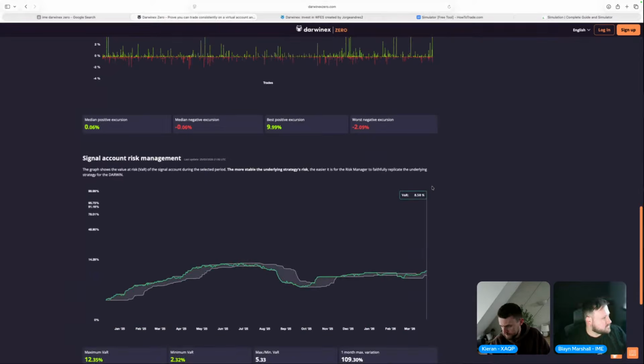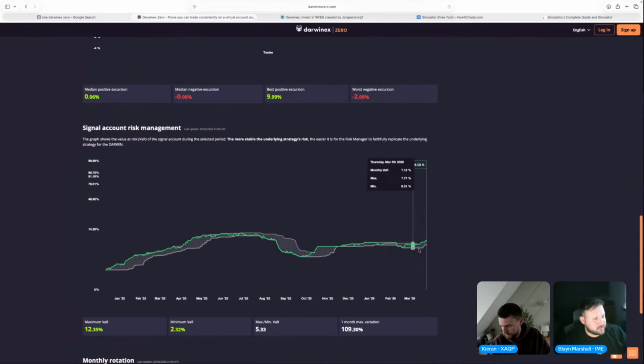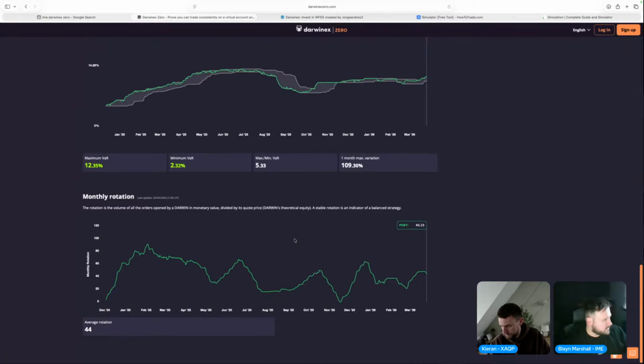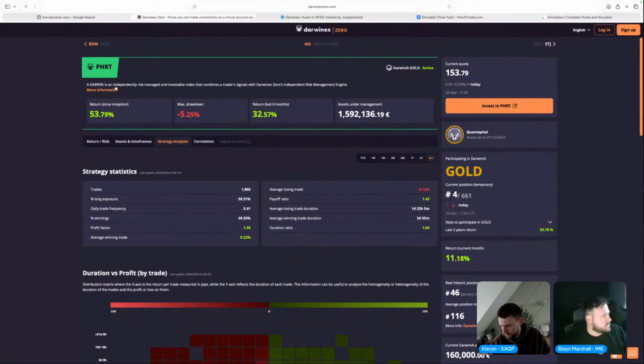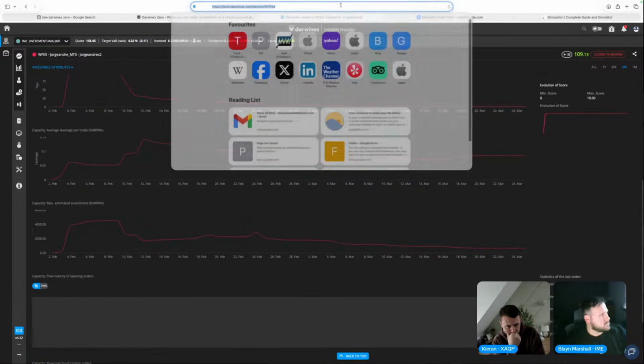Yeah, I can see a big difference in VAR. VAR is pretty healthy. It's moving up a little bit, but overall, this is probably what you're going to see when you're trading certain assets anyway with volatility. So everything's looking pretty good. Let's check capacity. My guess is because you're longer hold trading, your capacity will be probably pretty good.